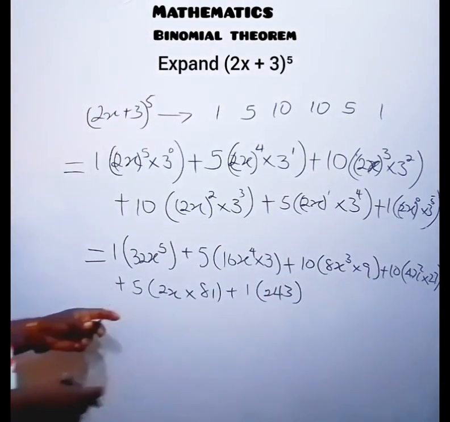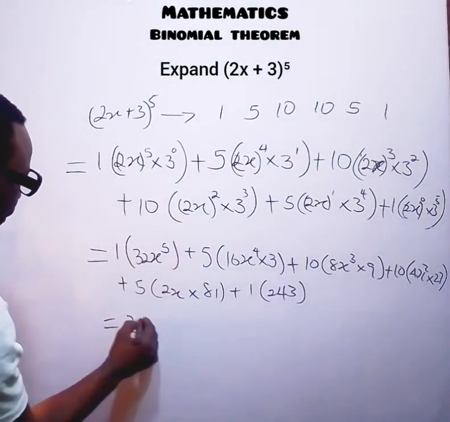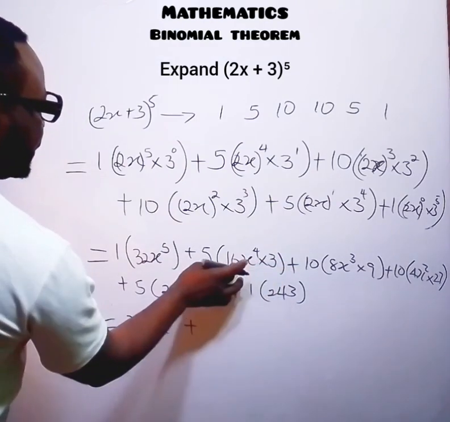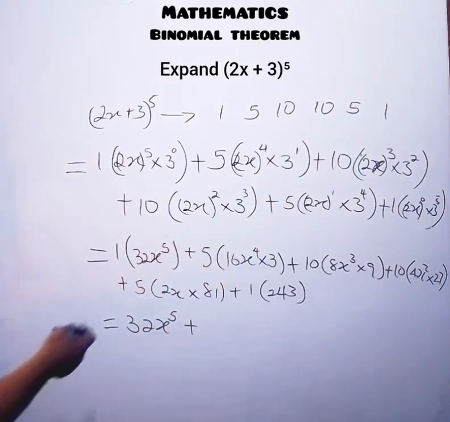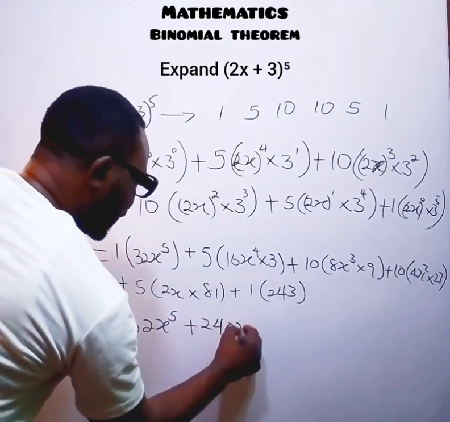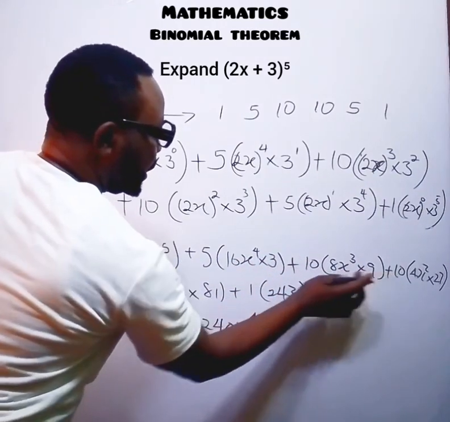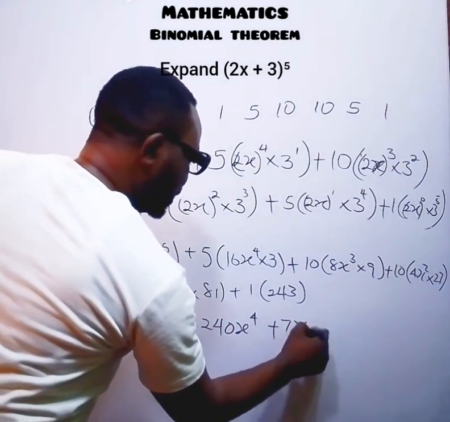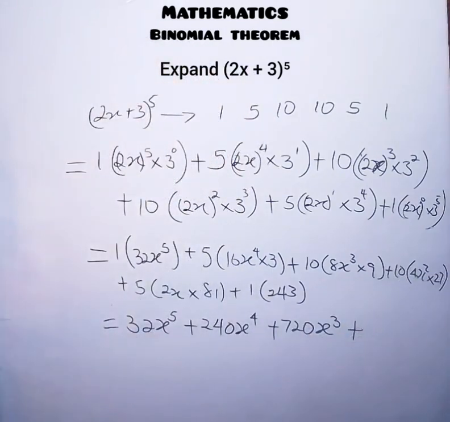243. Now, if I multiply this expression here, 1 multiplied by this here, we are going to have 32x raised to the power of 5, plus 3 times 16 times 5 is this one here. We are going to get 240x raised to the power of 4, plus 10 times 9 here, 90 times 8, we are going to get 720x raised to the power of 3, plus 10 times 27 here, that is 270. 270 times 4, we are going to have